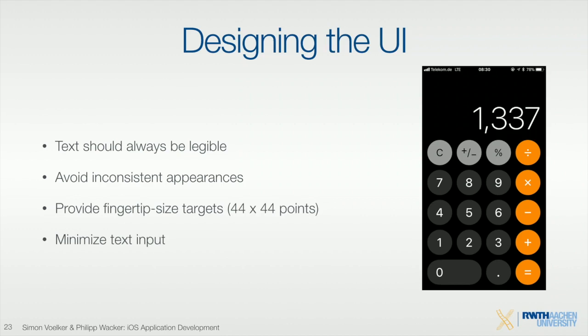Also, text input is a problem for mobile devices. Usually, most people can only enter text when they look at the phone. If you try it out, take out your phone, try to type a message under the table. If you're lucky, you're still on the same application when you're done with this, because you don't have any haptic feedback. And this is very different from a desktop environment, because on desktop you can just type without looking, in most cases,